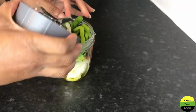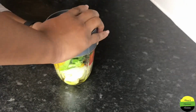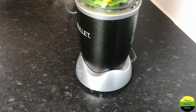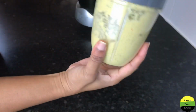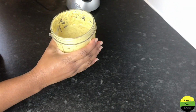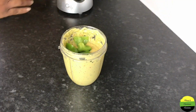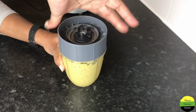Mix up and blender time. So now that I've made some space, I'm going to add the rest of the green sweet pepper and blend it again. After I add them in,